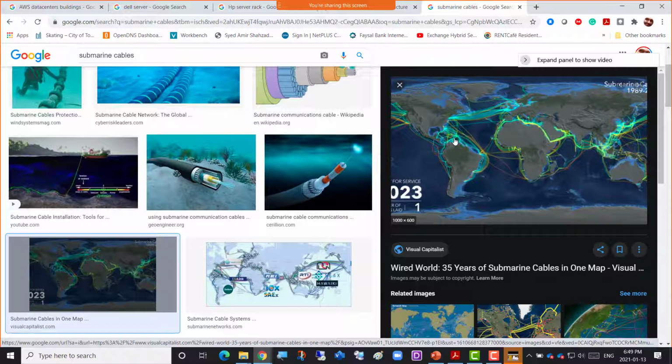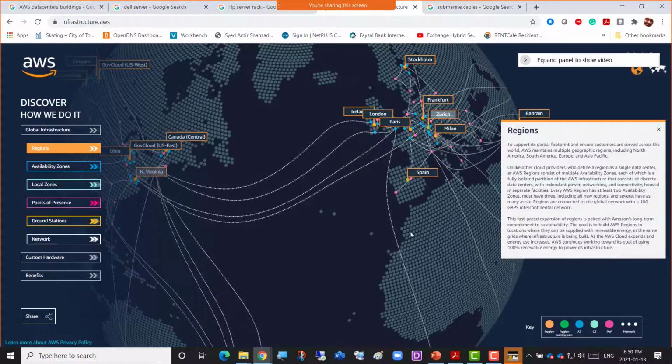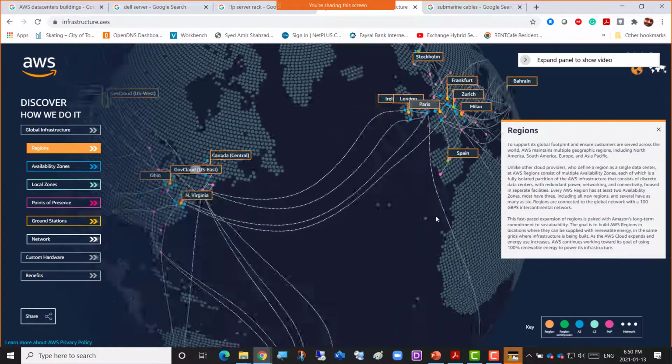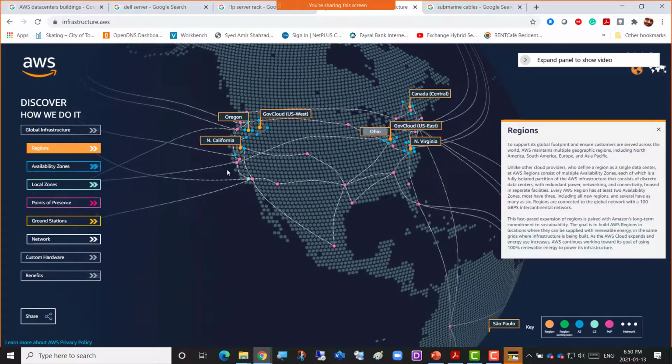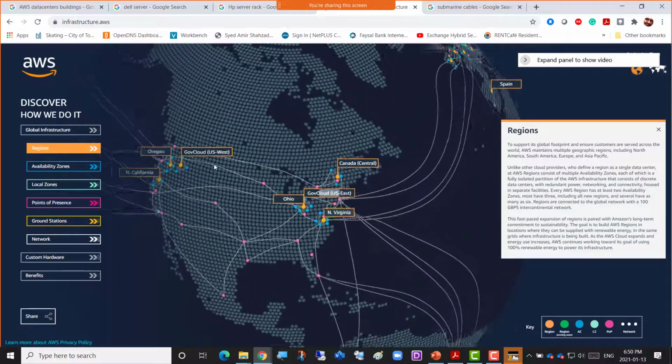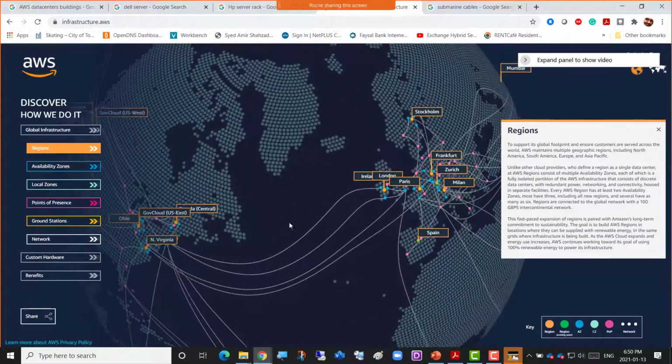Okay, Chori says, what happens if there is a blackout on the East Coast of the U.S. with copies in only North Virginia and Ohio? So yeah, if I go back to that map here, so there's a blackout there, or a cloud outage. If one region, or the whole West Coast or whole East Coast outage has happened, obviously your data would be across the region here. Suppose East Coast and West Coast both are gone, if you have placed your data across the continent in Europe as well, then your data would be there.